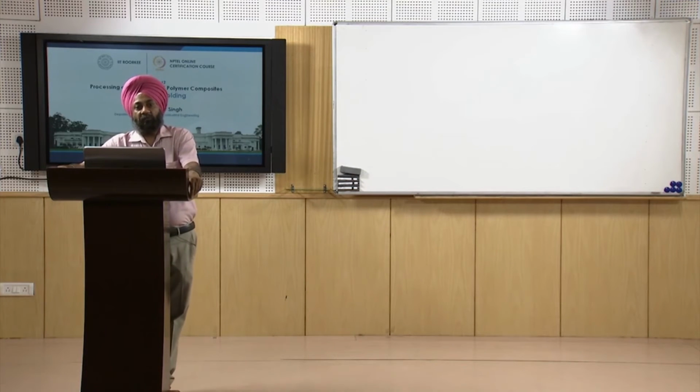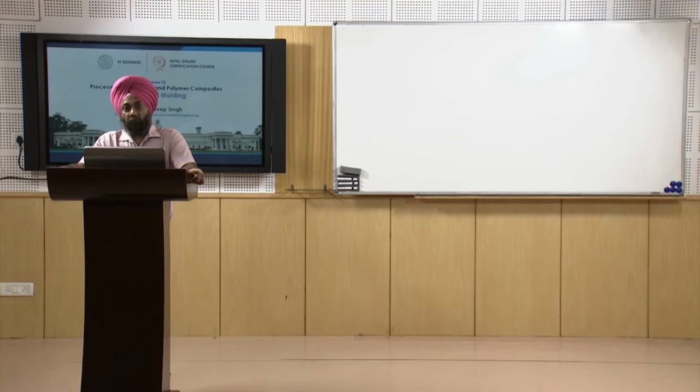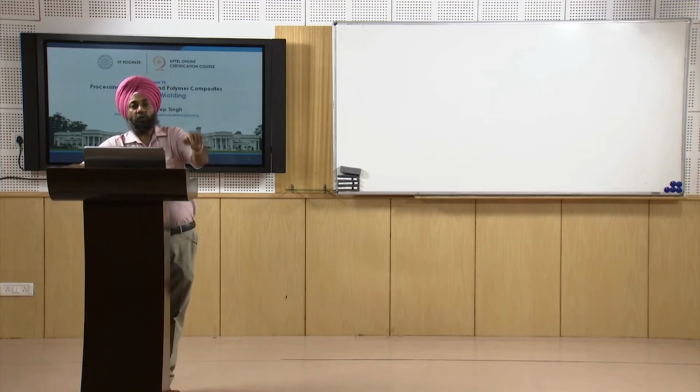Now I think we have already discussed and I have explained the process parameters that we can control. So first is the amount of powder or charge. It can be granules also, it can be viscous liquid. First thing is the amount of raw material that we are adding into the hollow mold. Heating temperature and time. So in the animation, if you remember, the temperature graph was showing 270 degrees centigrade. So we have to control the temperature that we are supplying so that our plastic melts inside the hollow mold.